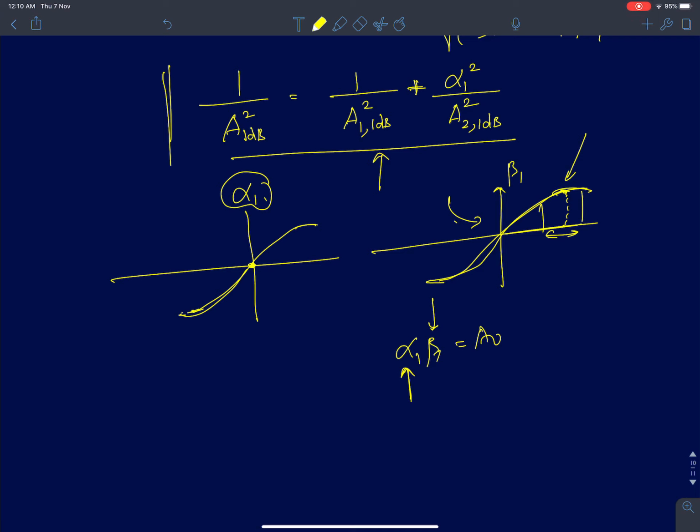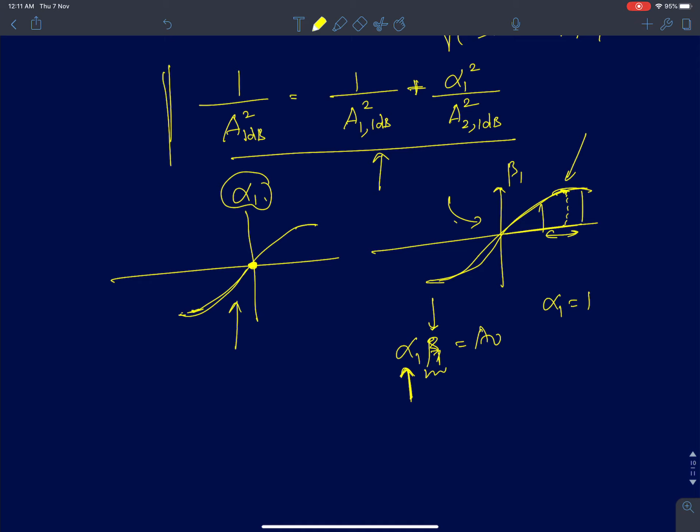In that case, my beta 1 will not undergo as much compression as the first stage will. So both will determine it equally. If, for example, I assume alpha 1 is 1, then the first stage compression and the second stage compression